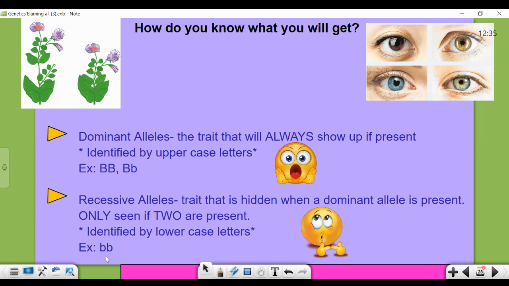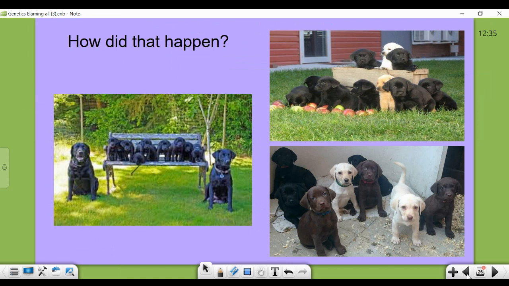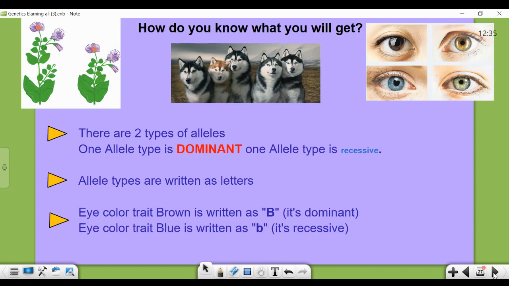It would be hiding. This is how you could have a black lab and a yellow lab and end up with a whole mix of puppies like this. Or this is how, wait a minute, both